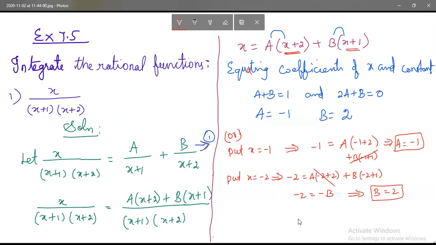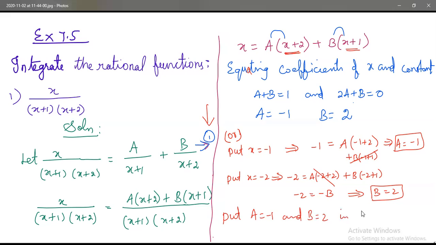Okay, now after finding a and b, you have to substitute in equation 1. So let me clear the screen and we'll start with this one. Well, let us substitute a is equal to minus 1 and b is equal to 2 in 1. So 1 implies,